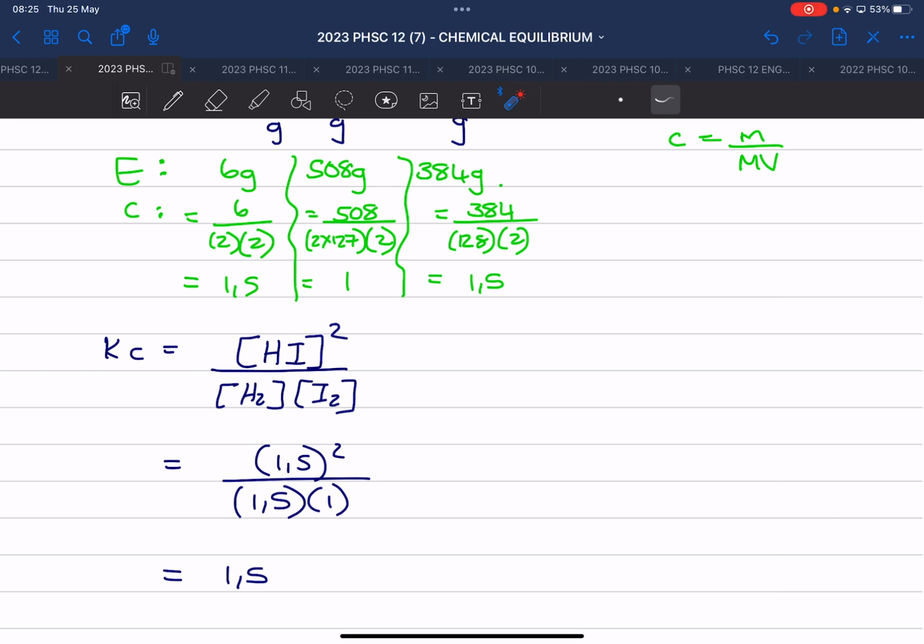At question 2, they said at equilibrium, you have that. At question 3, they say at equilibrium, you have that. Question 4, at equilibrium. Okay, the different thing here is,